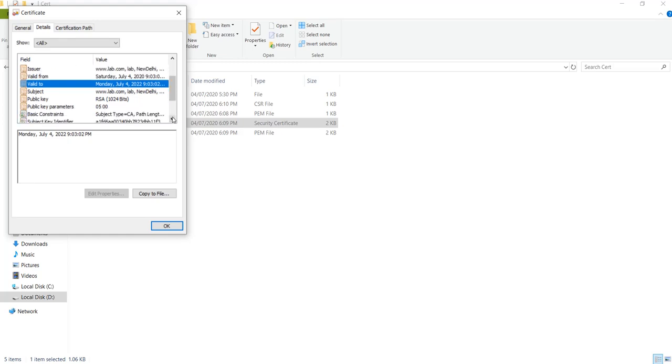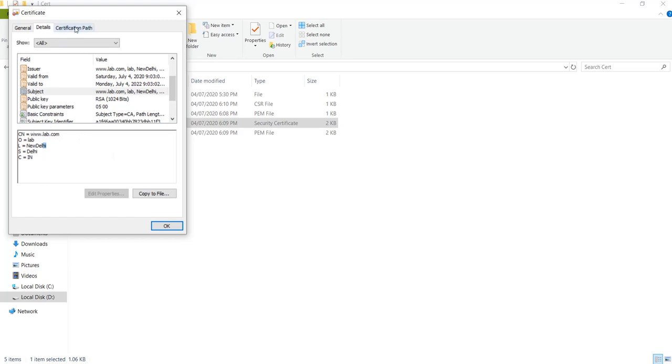Okay, and in the subject we can see this is the common name. As I told you, the common name is a very important name, so we should be very specific while creating the common name. As you mentioned the organization, we mentioned the location, sorry, state, and the country name. So by clicking on the subject we can see all these details.